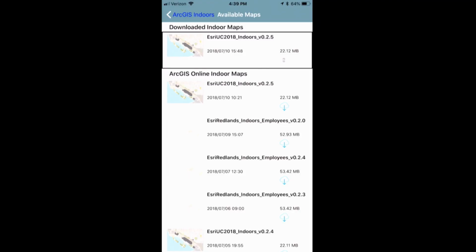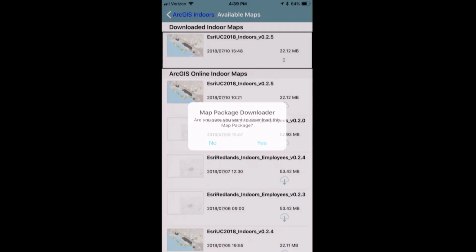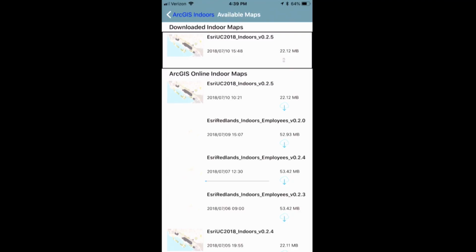So if I want to go and see, say, an Esri map, and I forgot I just reinstalled it, so hopefully it doesn't take forever. It will take forever. It's moving okay, but it's not moving great. Just trust me on this. When the map package finishes downloading, it's really easy to switch back and forth, and the app will actually keep track of the ones you have downloaded on your phone. So I cleared out the cache earlier when I did an update on my phone, but once you download these things, they're there for you to use. So with that, I'm going to kick it back to Nitin.